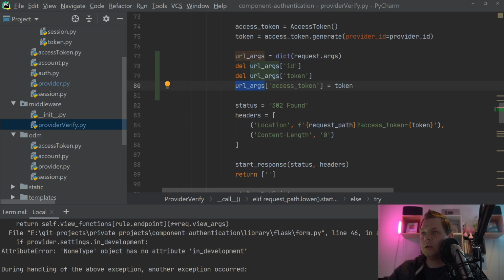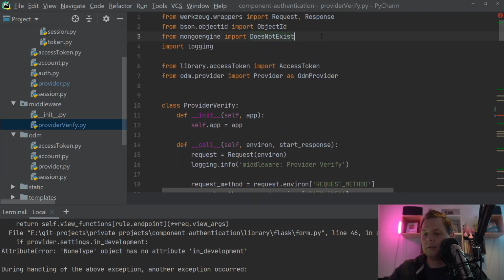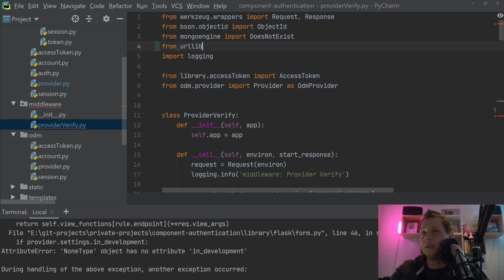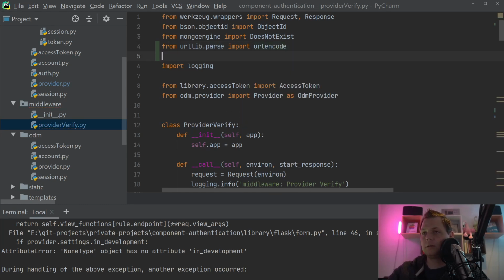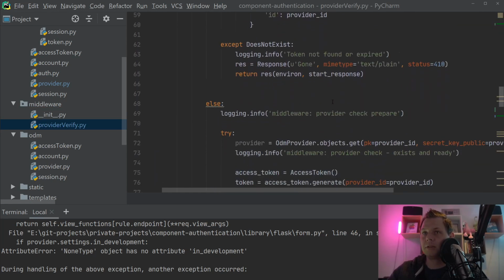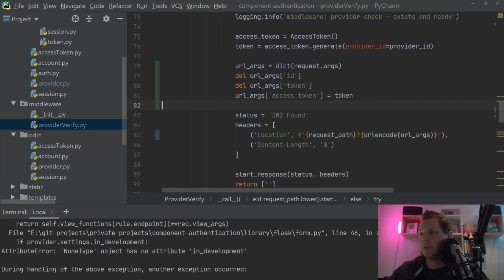So we need to go down here and remove this and say URL encode, and then put this inside, and go to the top again in the middleware and say from URL parse import URL encode, and then it should be okay down below here in 77 almost. Yeah, and what we want to do now,